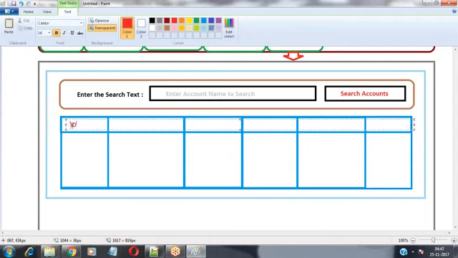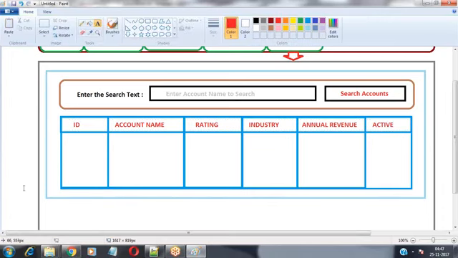Like the ID column, the account name, the rating value, the industry value, the annual revenue, and the active status. These are the column values he wants me to show inside that search result.